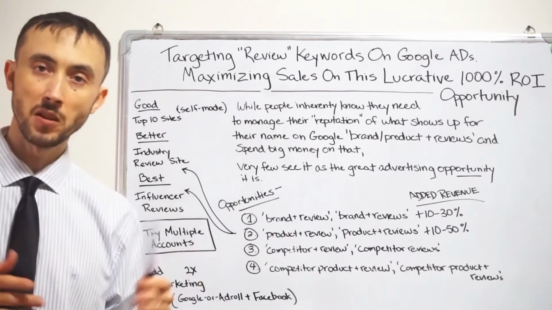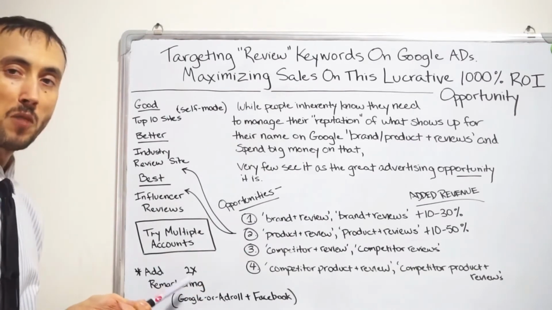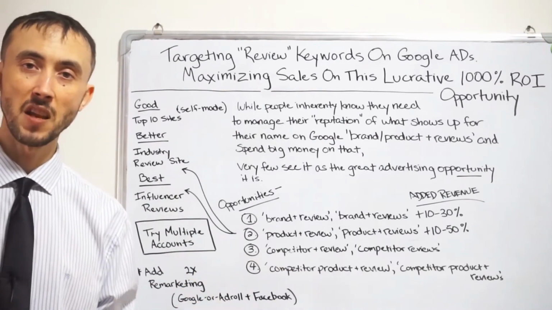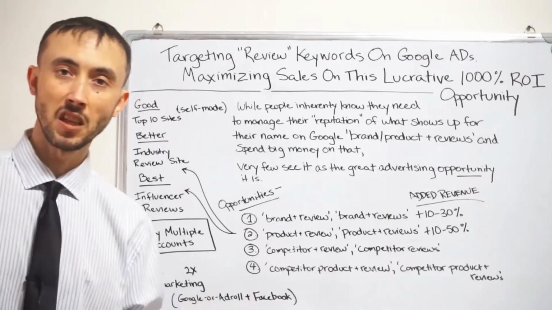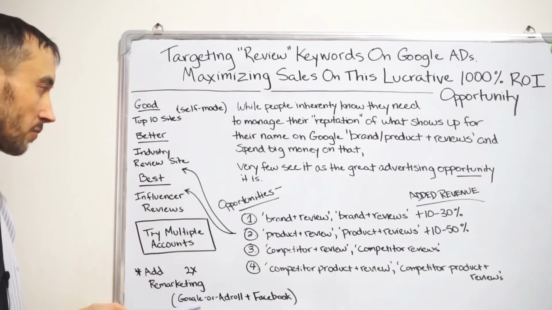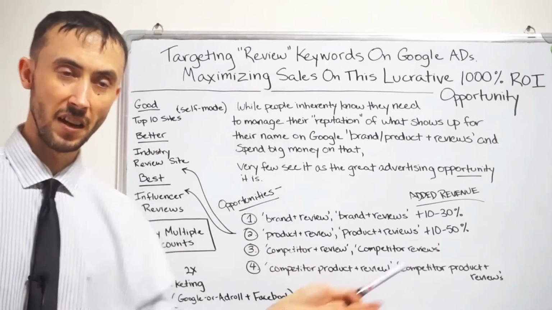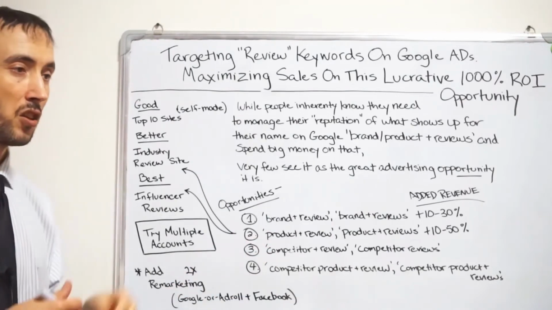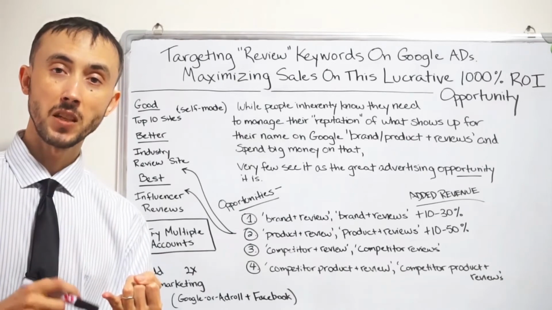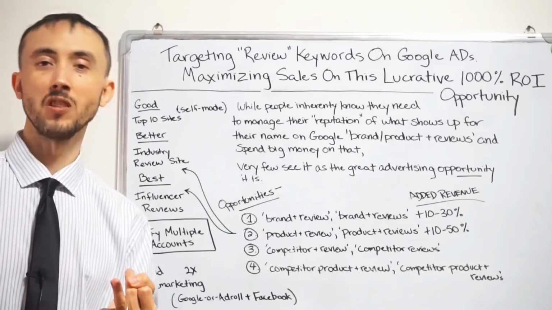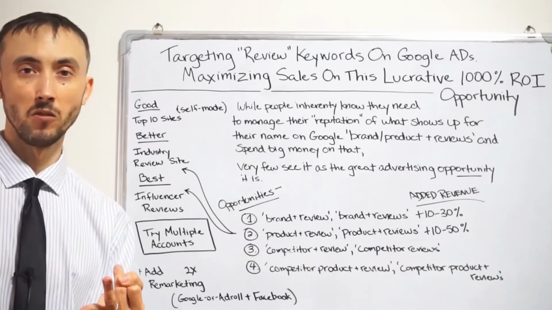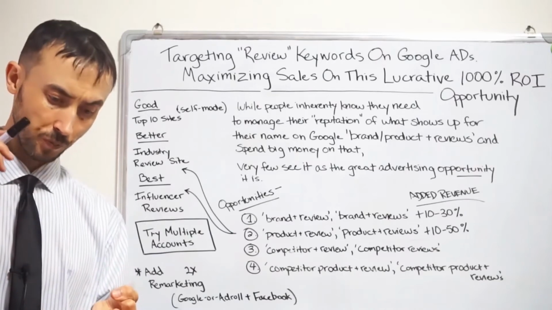Now, here's an extra bonus for you, okay? If you add remarketing to what you just did, and you might as well, because you do all this work, you invest money to get the reviews, it might take you months to get this all set up for their search campaigns, to take advantage of the opportunity there. First of all, you do Google, then you're going to do Bing, okay? But then also, once you've done that, you can do remarketing display ads on the Google Display Network. And if the Google Display Network won't take your remarketing ads, you do AdRoll, which is a nice little hack workaround that generally works for our clients when they're in medical or something and they can't do remarketing through the Google Display Network.